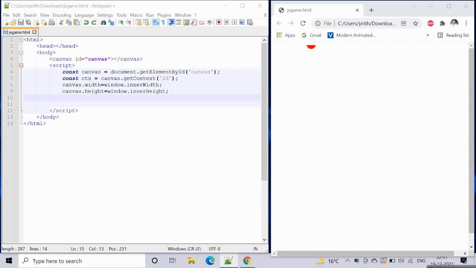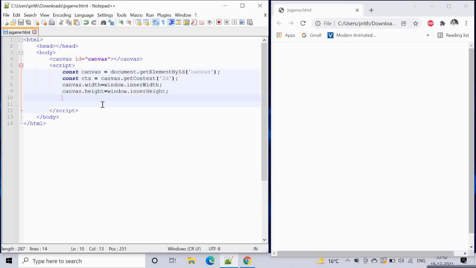In the previous video, there was a ball that bounced off the boundary. In this video, we have a canvas. We grabbed the canvas element, mentioned that it's 2D, and given the canvas a width, so we will build a particle system where we have these balls bouncing off against these boundaries, and there will be multiple balls.